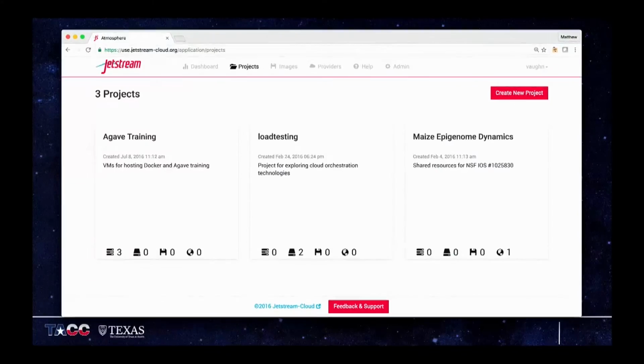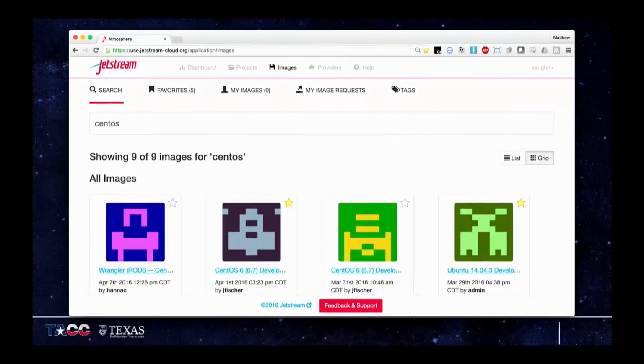When you want to go ahead and launch a job, in this case, there's a couple of different projects that this dashboard is associated with, that they've been assigned to from XSEDE. And then let's say you want to go spin up an environment. Well, you go look at the different images. Right now we're looking for just the CentOS images in the search environment. You can see different CentOS images available.